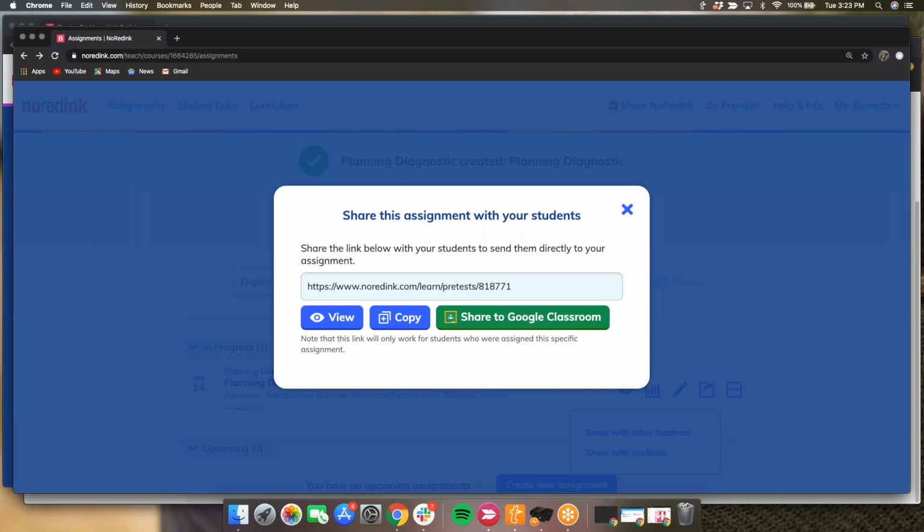quickly as possible. So you can copy the link, again, like with the invite link. You can paste this in an email, you can paste this in an announcement, or for our assignments, you can share this directly to Google Classroom. So if you have an existing Google Classroom account that you're using to communicate with students, you can share the link to this diagnostic directly with them. So that's just a quick way of saving you some time, making sure students know exactly what assignments they should